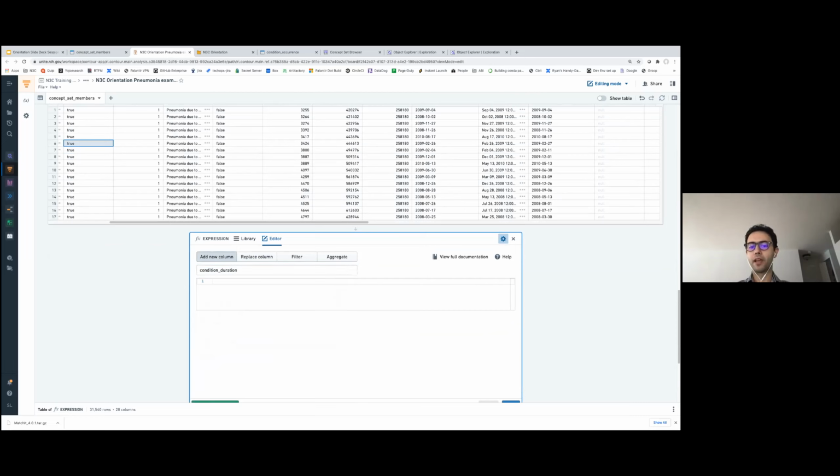And there's a function already existing, which is called datediff. You can look at the documentation by clicking on this I button in here, and it says it basically returns the date difference in terms of number of days. So I'm going to do a difference between my condition start and end dates.